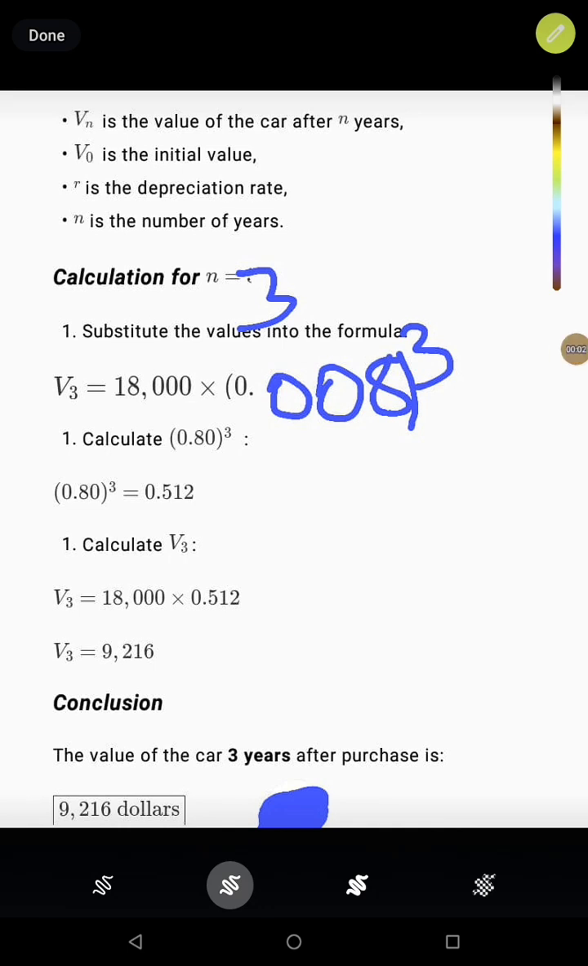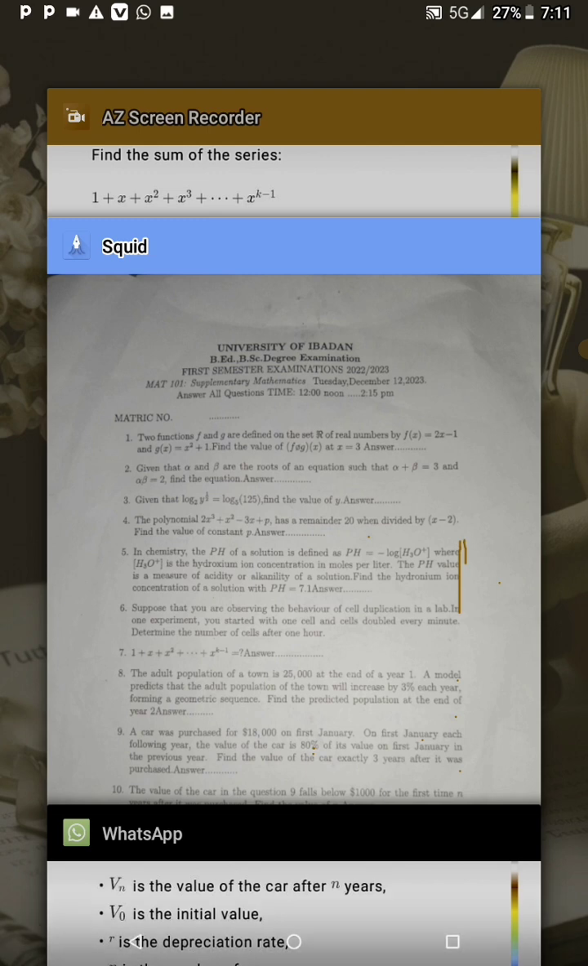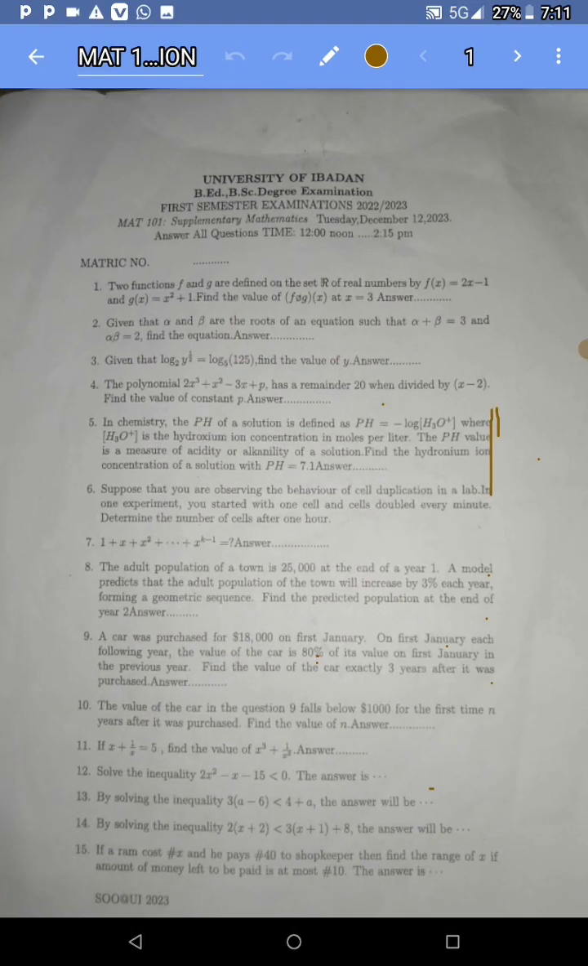Okay, good morning. Once again, on to the next one. Now we look at the question. They give us the value. This is the question we are on to now. A car was purchased for